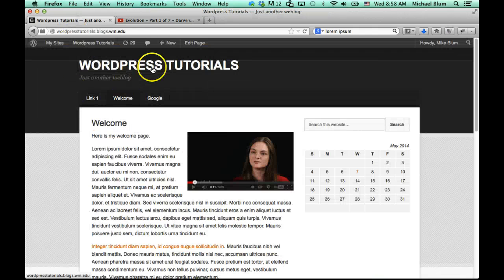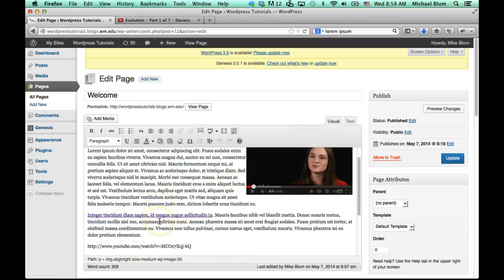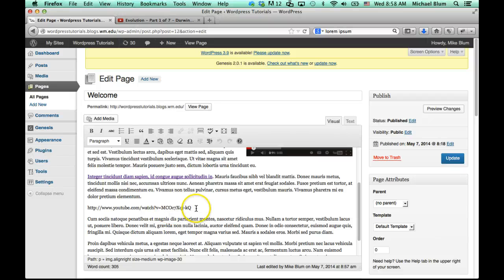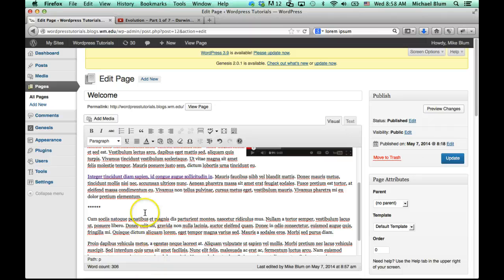And now I'll go back to edit my page, and I'll go back to the visual editor. I can't paste that embed code into the visual editor, so you'll have to go into the text area, but it's confusing with all that text. So here's a hint that my colleague Pablo gave me. He says to go ahead and in your text visual editor, do something like